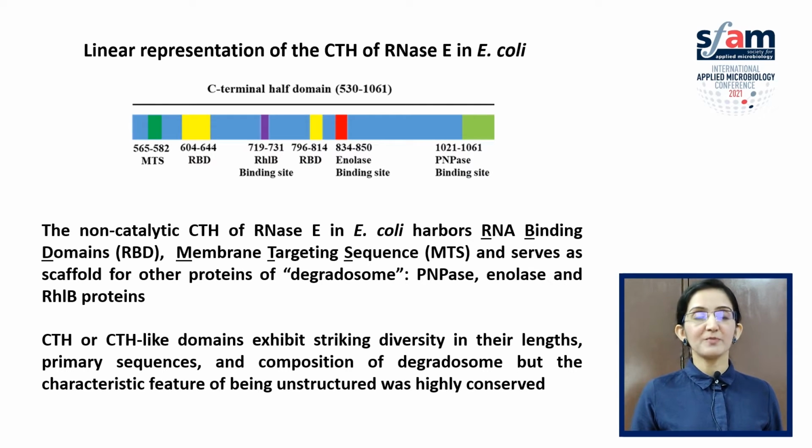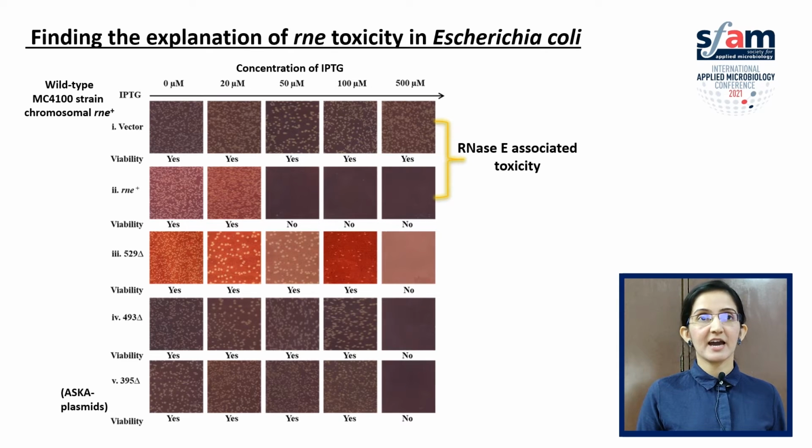The last part of my talk deals with finding an explanation of RNase E toxicity in E. coli. Toxicity of RNase E and its variants was tested by expressing it in a wild-type strain. The plasmids expressing RNase E and its variants were IPTG-regulated ASCA plasmids. This means that an increase in the IPTG concentration would result in increased gene expression. Therefore, an inverse relationship is expected between the IPTG concentration at which absence of colonies is observed and the level of